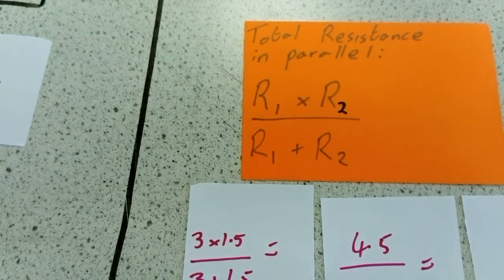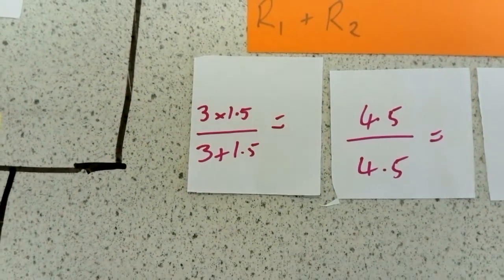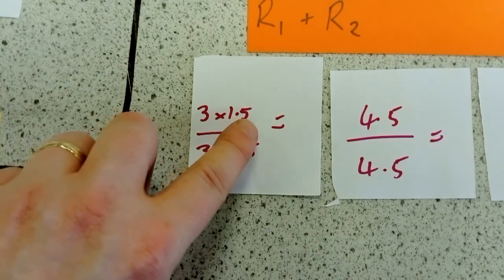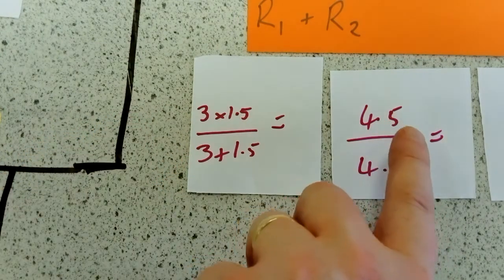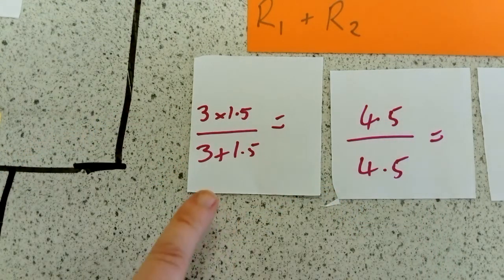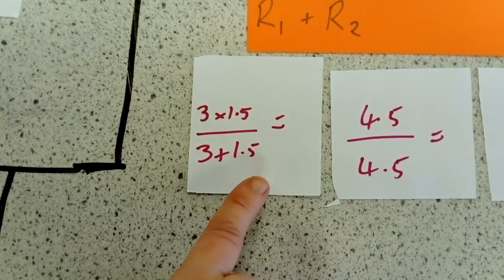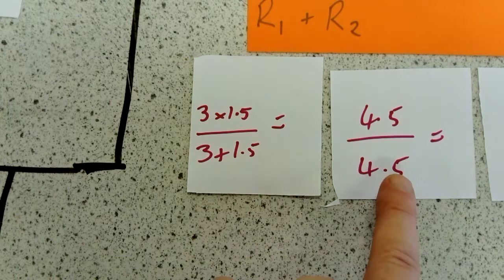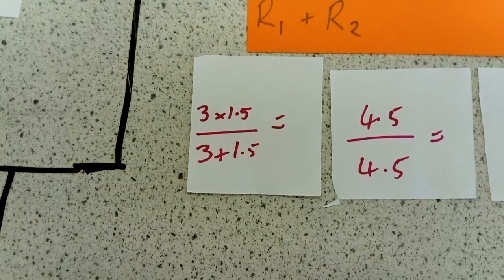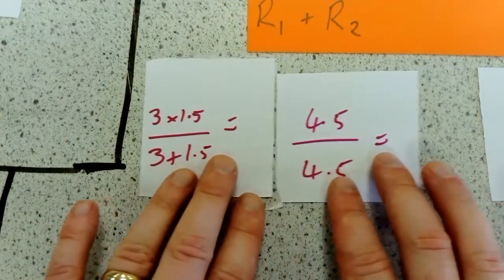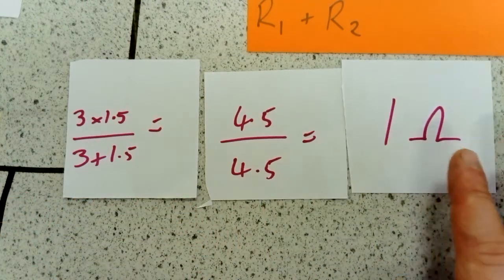So, in the case of what we've just looked at, we're going to have 3 times 1.5, which would give us 4.5. Then we'll have 3 plus 1.5, which will give us 4.5. So this example is quite easy and straightforward. Our total resistance in the circuit would be 4.5 divided by 4.5, which would give us a total resistance